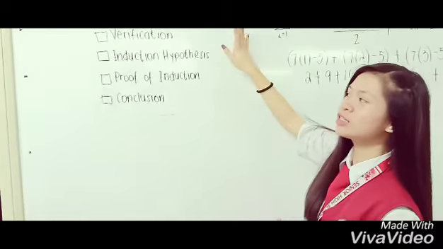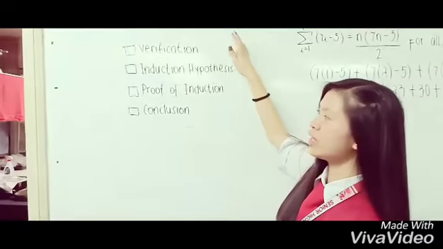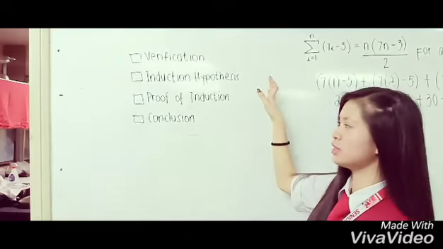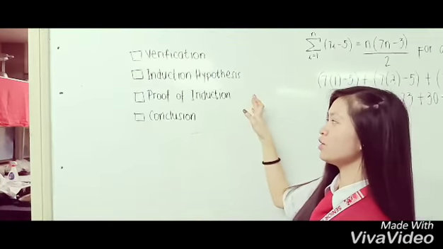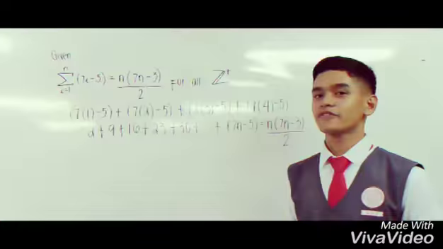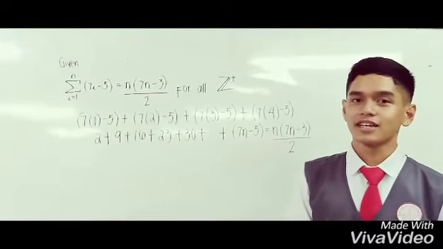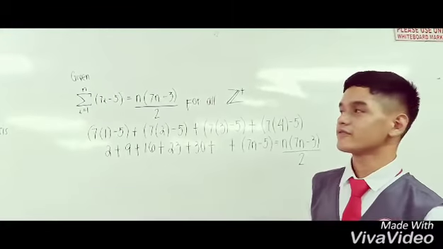Equation, we must do these 4 steps. First, the verification. Second, the induction of hypothesis. Third is the proof of induction. And lastly, the conclusion. So, the first example in mathematical induction is the summation of 7i minus 5 can be